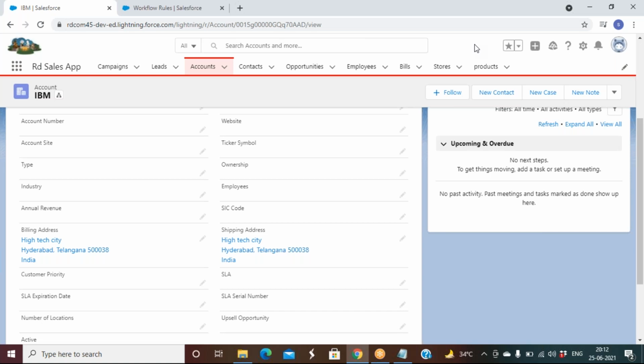In the real scenario, in the real world, you will also get this kind of scenarios. Let's say a sales person closes a deal, closes the opportunity, you want to wish the sales person saying that, thanks for bringing in business. And we can send him an email, we can wish him, or else we can send an email to that new customer saying that, thanks for purchasing a product from our company, and we would like to serve you better more and more going forward.